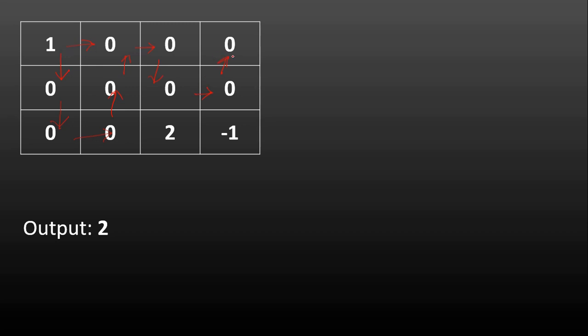Now from here, if you see, I cannot go to top, I cannot go to right, I cannot go to left either, because left was already visited, right? Since it has to be a unique path, I cannot go in circle, I cannot visit already visited cells again, right? So this particular case will not give me the proper path, right? So I have to backtrack from here.